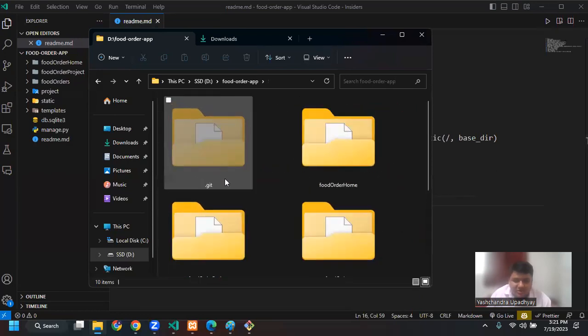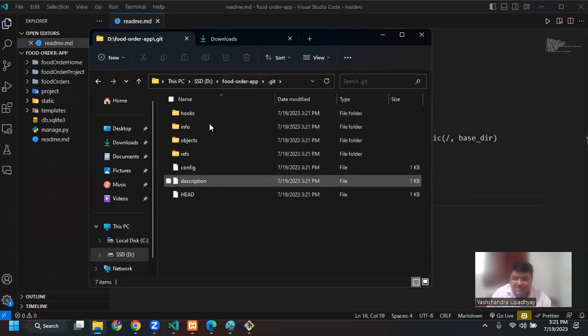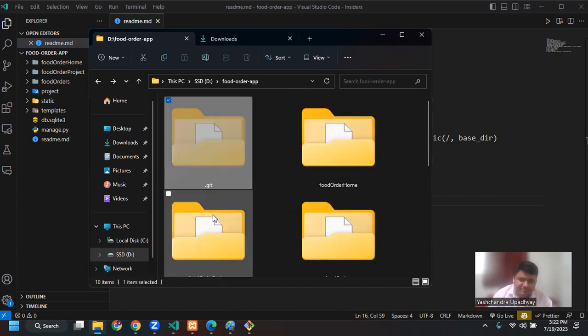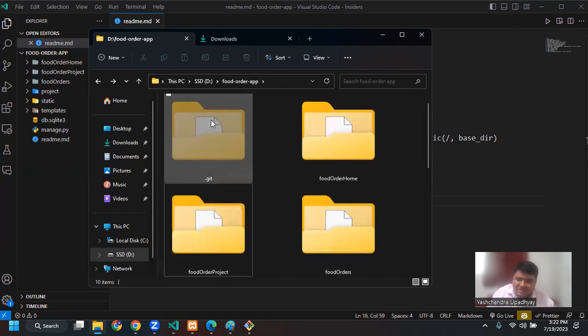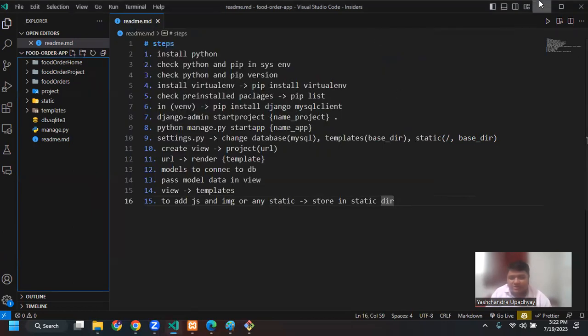Okay, I will just zoom in. So it says .git, right? So it has created a git folder. It has already some files. We don't need to care about what these files are. So this has been initialized. Now, what next thing that I want to do is,